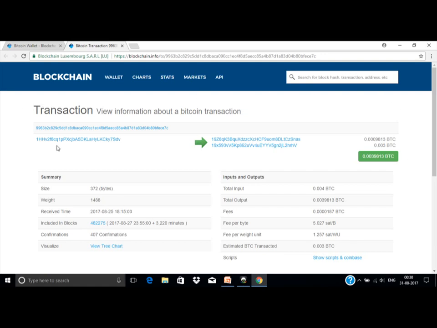Okay, this page is having our hash ID, and if you see this heading here, this series of alphabets and numbers is called hash ID. Okay, this is your recognition for this particular transaction. Okay, this is called hash ID.